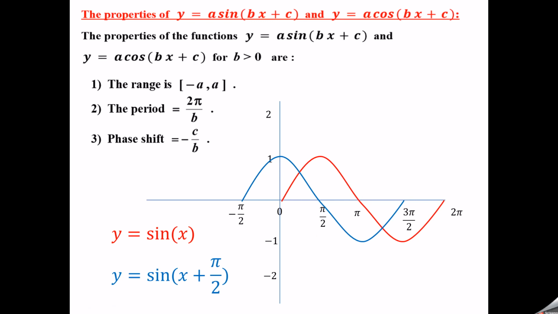So we got this one, the blue colored curve, after shifting a pi by 2 distance to the left hand side, because there is a phase shift. Phase shift is minus pi by 2. So this is how we get sin of x plus pi by 2 using sin x.